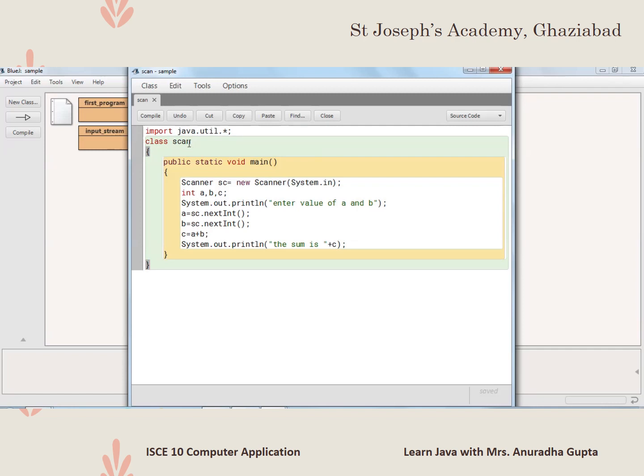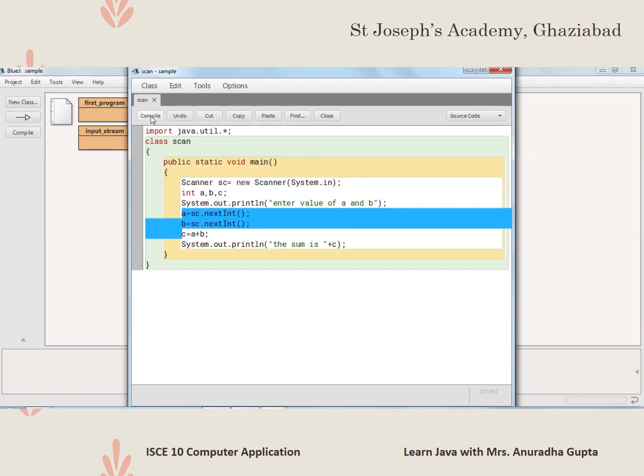Here we are using the Scanner class, so we need to import the java.util package, and then here we have created an object of the Scanner class. Then we followed the syntax to accept an integer value by using the Scanner class. Then same program, we added the two values in c, we displayed the output.